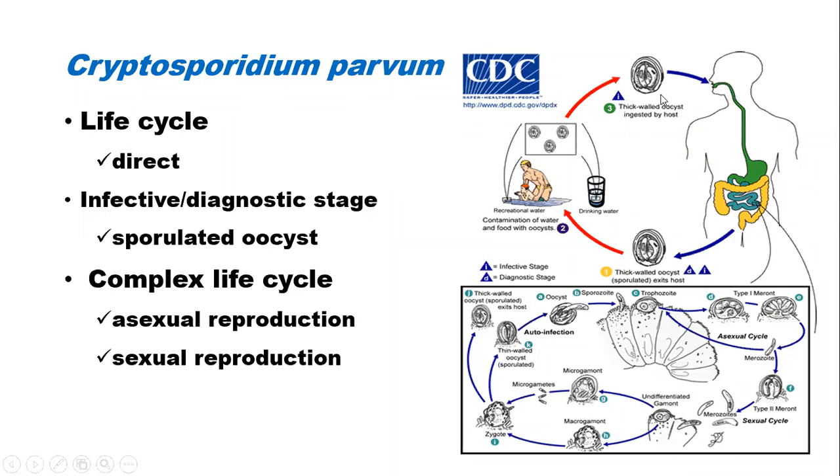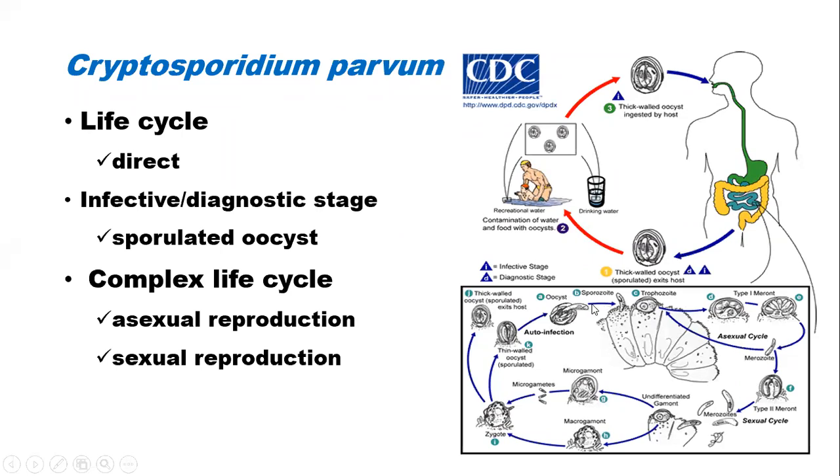Sorry, oocyst is different from a cyst. A cyst results from asexual reproduction, and an oocyst results from sexual reproduction. So this thick-walled oocyst is ingested, and then what happens in the intestine? After passing through the stomach, gastric acid is going to weaken that thick wall. So by the time the oocysts are getting into the GI, the cyst wall is practically gone, and you have